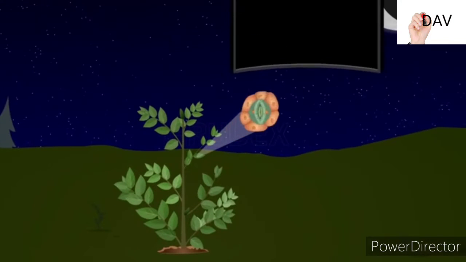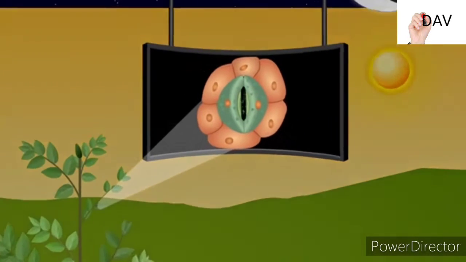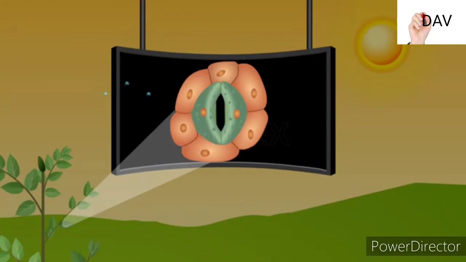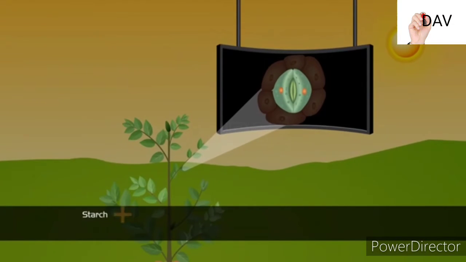So, in a plant we have leaves, that is the green colored pigmented area which contains stomata cells. Stomata cells have openings formed by two guard cells. These guard cells are responsible for opening and closing of stomata. When it is opened, some gases are exchanged through these stomata cells. It is known as gases exchange.